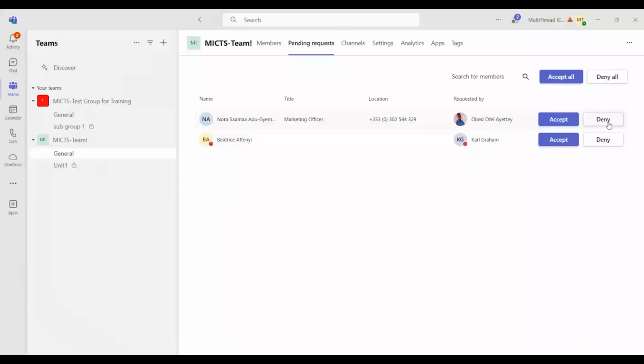So if I deem it fit that Nora be part of this team as an admin, please note that all the owners of the group would have the opportunity to do this. Then I can choose to accept or deny the people in here. For this, let's say I'm accepting all of them so that they can be part of the team